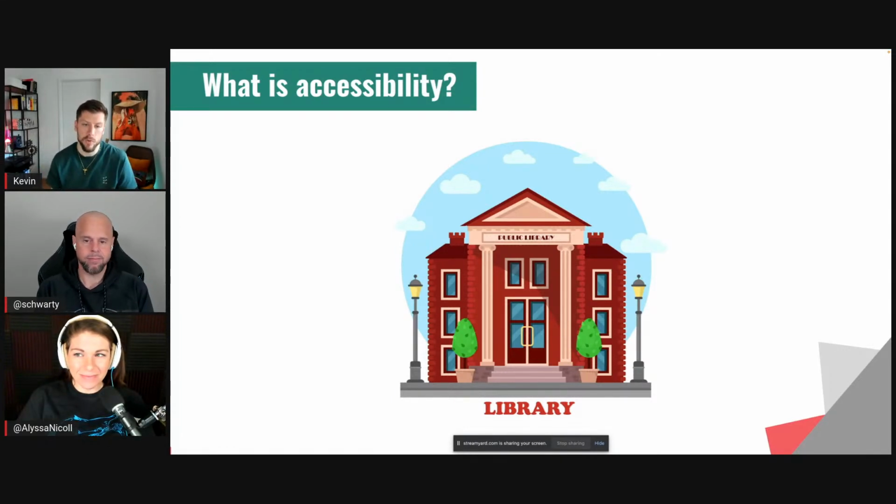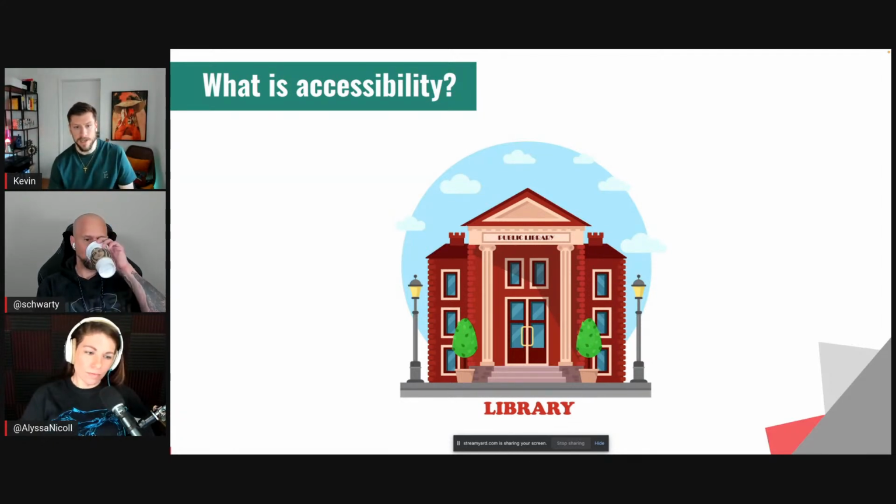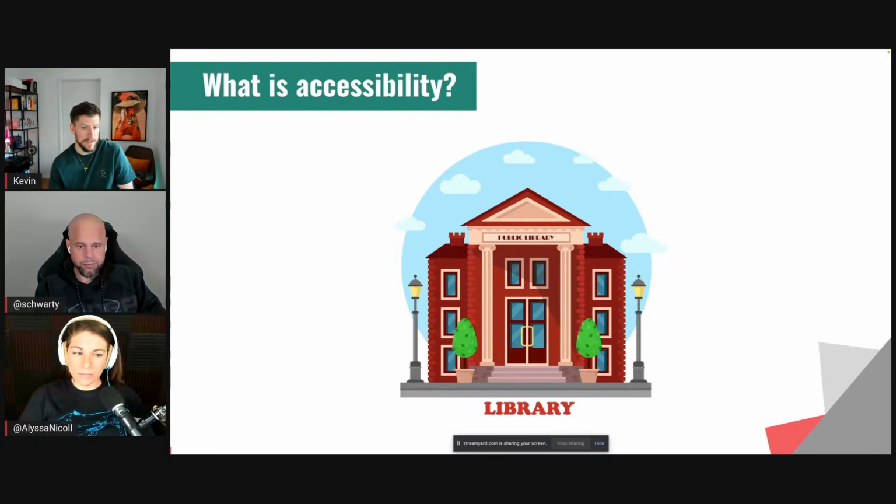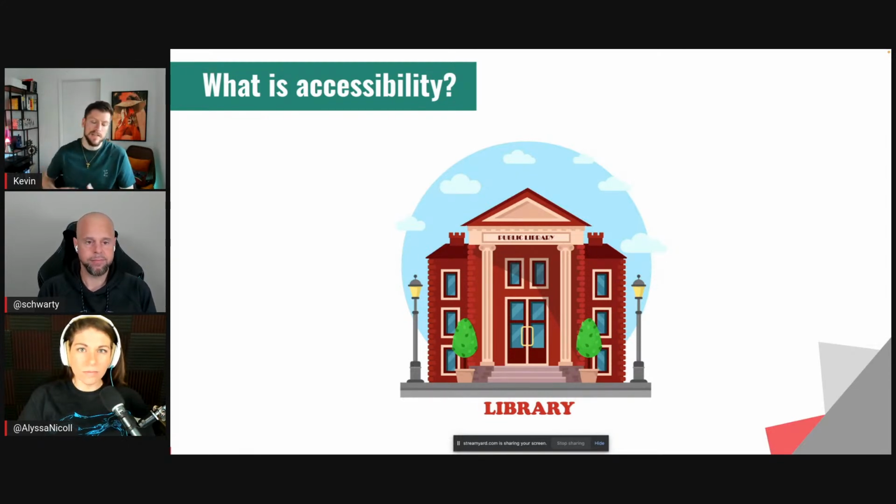You can think of the web as a public library, because it's a place that contains tons of information, and everybody can access this library. But what if you cannot go up the stairs? Then suddenly you have a problem, like you cannot access that library. And accessibility is basically like building a ramp to that library, so that people who cannot walk can still access the information.